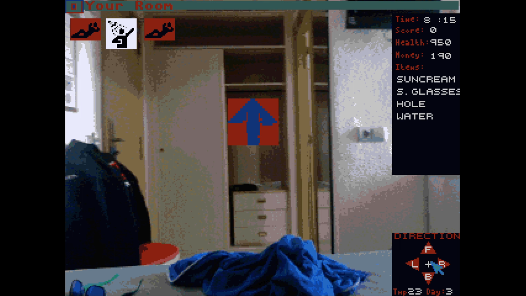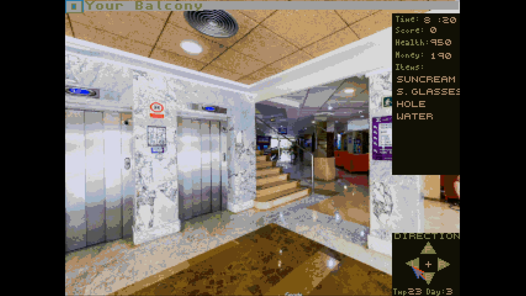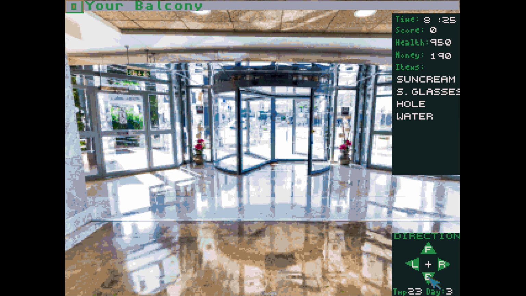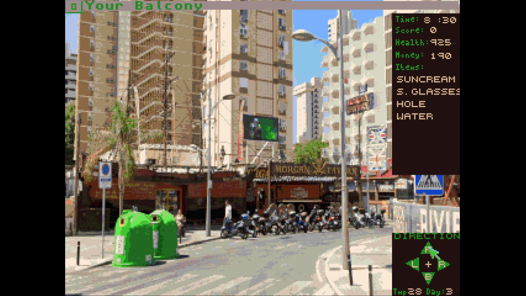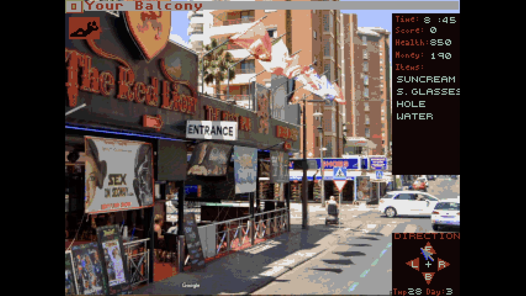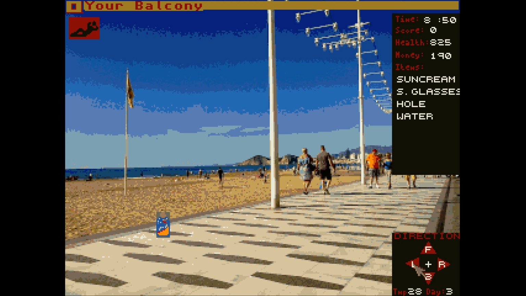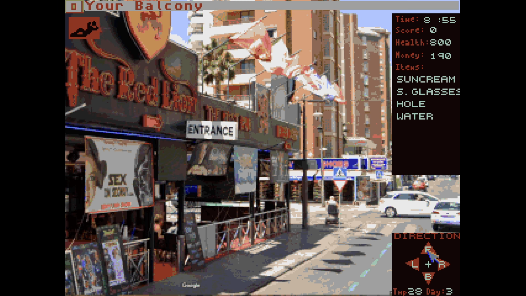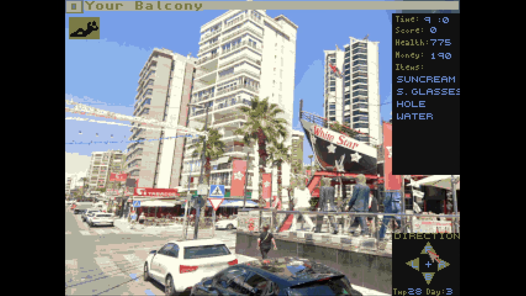It's now 8:15 on day 3, it looks like. Maybe I double click that, no idea. But anyway, now the aim of this one is to find the sun hat, and the sun hat can be reached a number of ways. But what I'm going to do is, well, from there I can actually check out the White